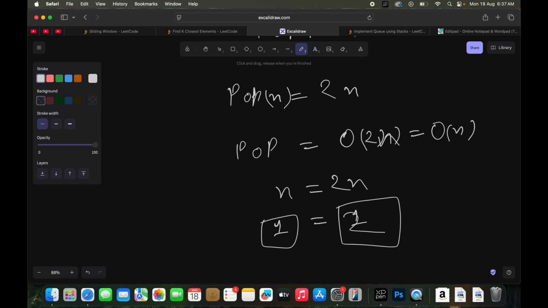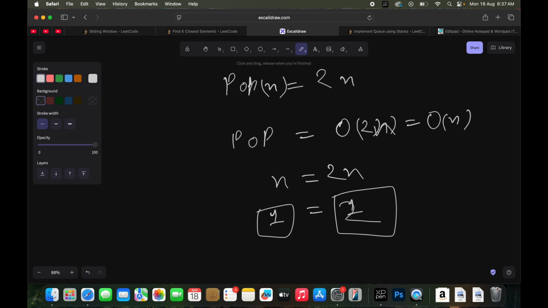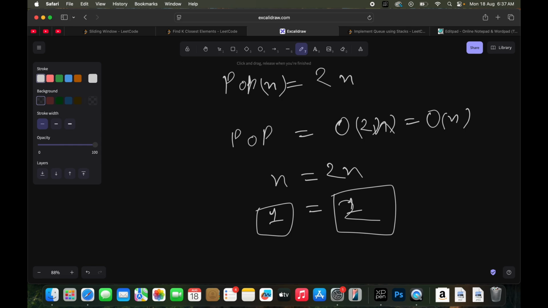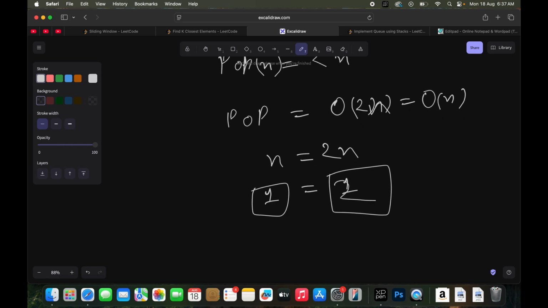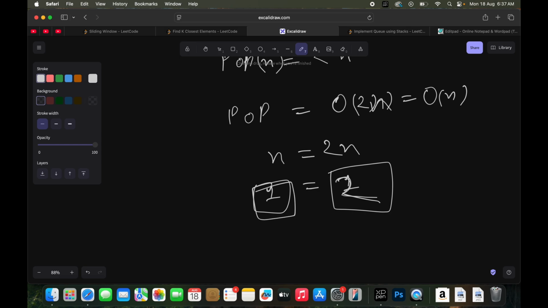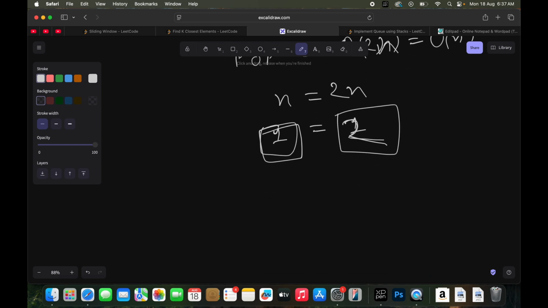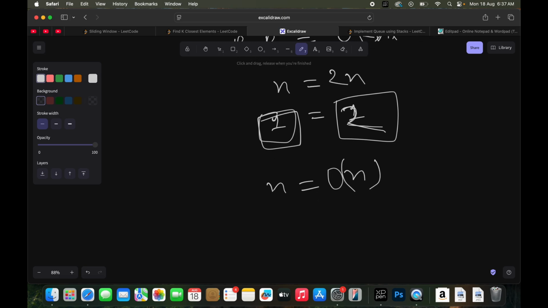Which is a constant, right? For each element, I am not taking an operation to pop each one. I am taking only 2 operations on average to pop one element from the queue. So for n elements, I am taking almost order of n time complexity, which means for each pop, I'm taking order of 1. So for each pop, on average, the time complexity will be order of 1, that is constant time complexity,